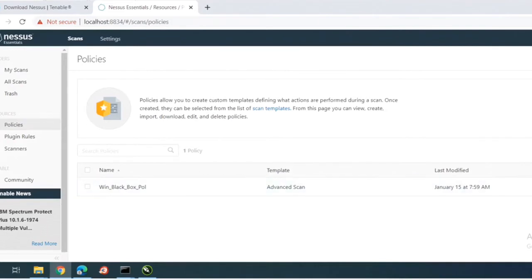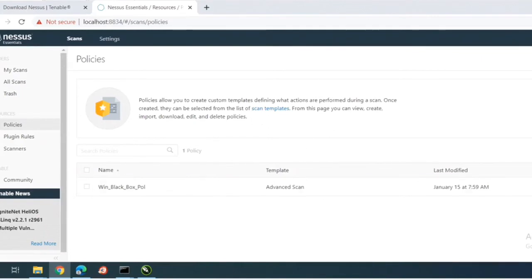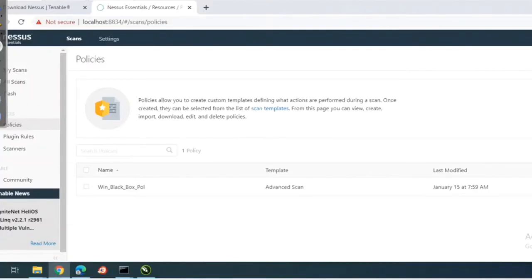So what you have to do at first, if you just want to check the templates here, there are scan templates. You see here, scan templates.